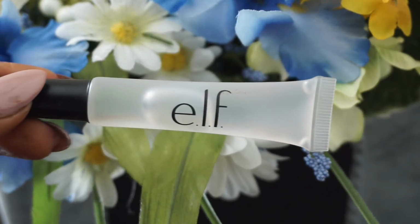Now this lip product I discovered towards the end of the year, and it's from e.l.f. Now I'm not as familiar with drugstore makeup. You guys know I am like easing in, but this product is awesome, especially if you wear liquid lipstick, because you know them bad boys can just stick onto the lips and it's so difficult to take it off to put something else on. It even has a proper application tip for you to put on just like a lip gloss,